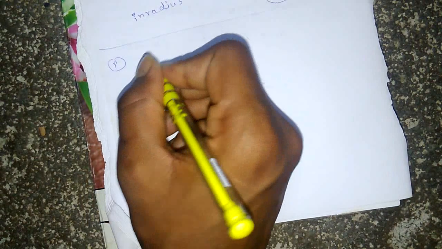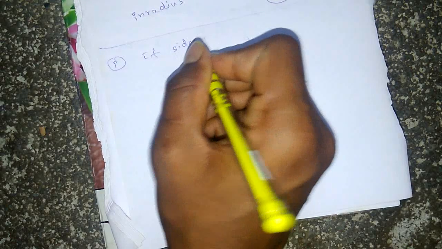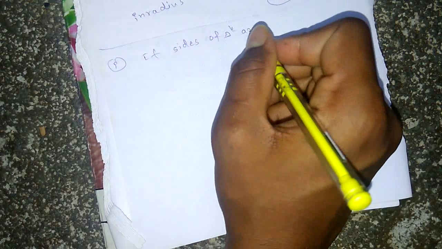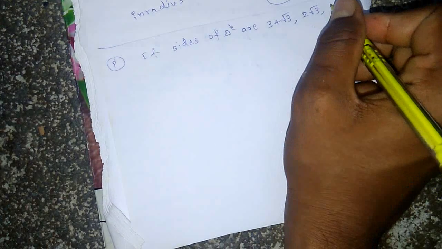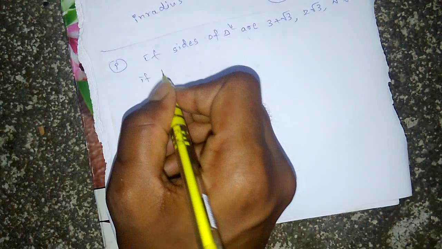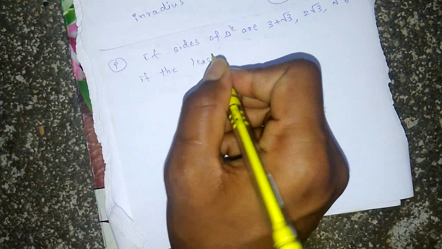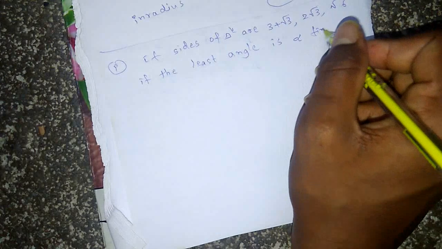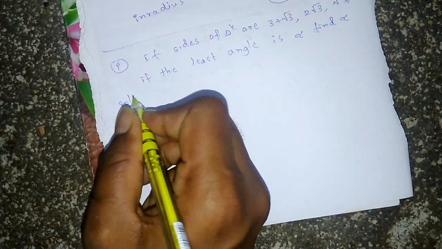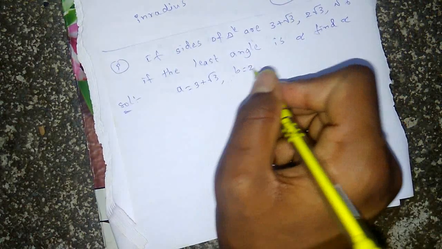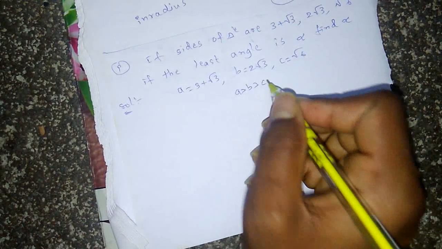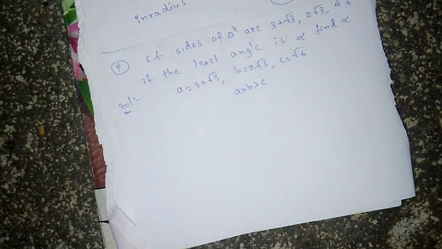Our next problem is, if sides of the triangle are 3 plus root 3, 2 root 3, root 6, and if the least angle is alpha, find alpha. So here given sides are a is equal to 3 plus root 3, b is equal to 2 root 3, c is equal to root 6. Clearly you can say that a greater than b greater than c. Therefore here least angle will be